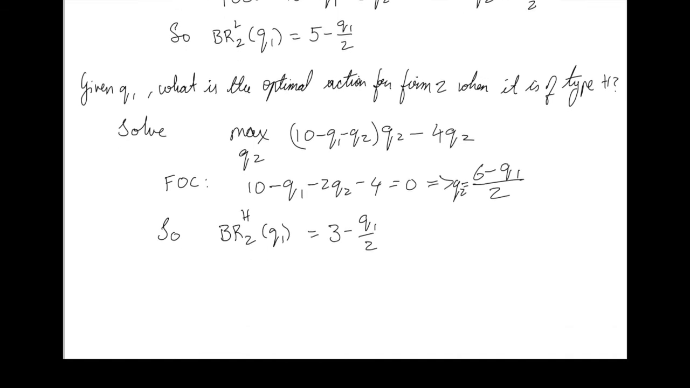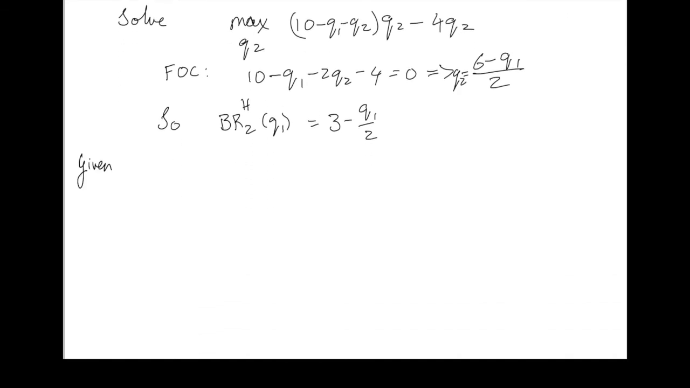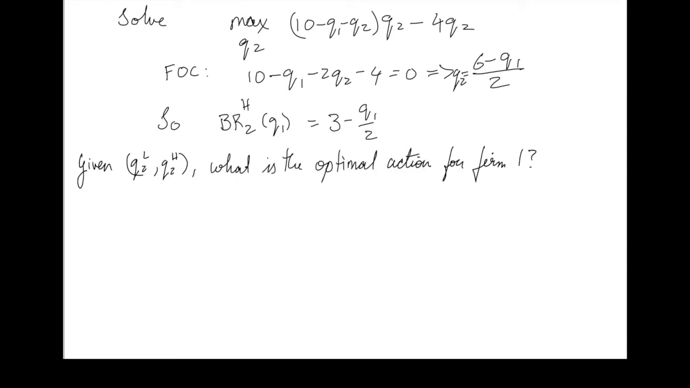So let's turn to then firm 1. Given a quantity Q2L that firm 2 would produce when it's of a low type and Q2H that it would produce when it's of a high type, what is the optimal action for firm 1? That has to maximize its expected profit. What is the expected profit? Given this strategy that firm 2 would follow, so given that firm 2 would produce Q2L when it's of low type and Q2H when it's of high type, if firm 1 were to produce Q1,